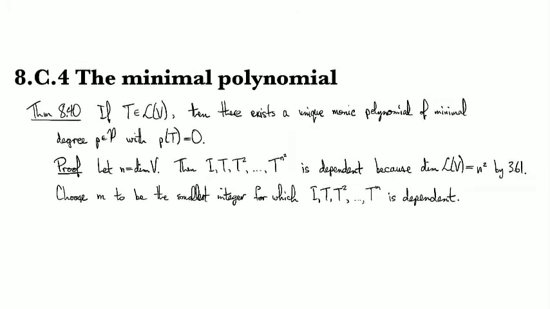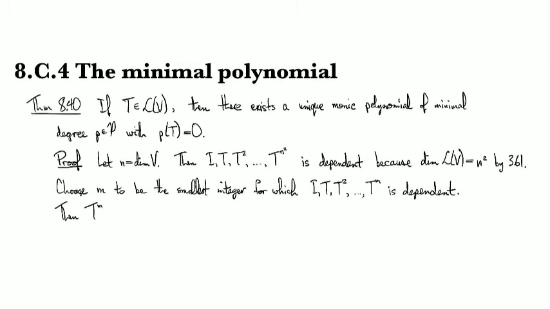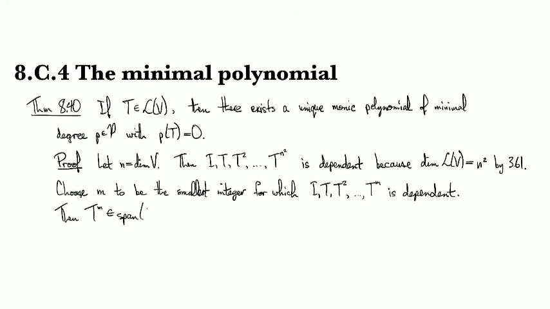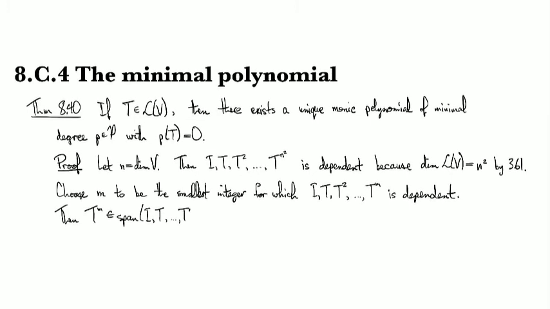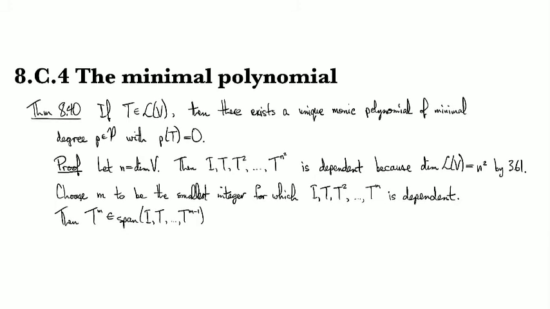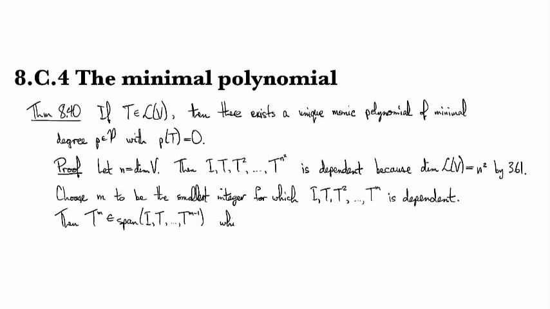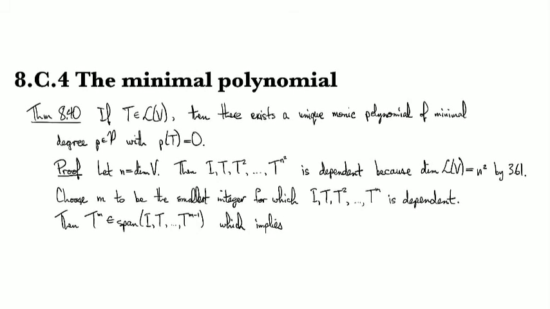Okay, so then T^m is going to be in the span of the foregoing powers of T, like so, which implies anyway, that